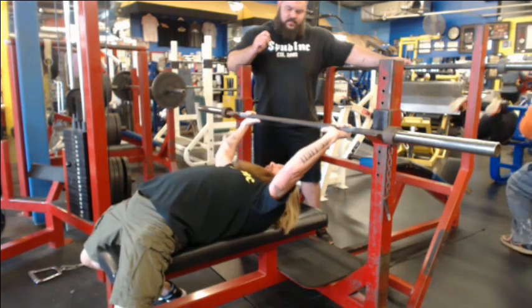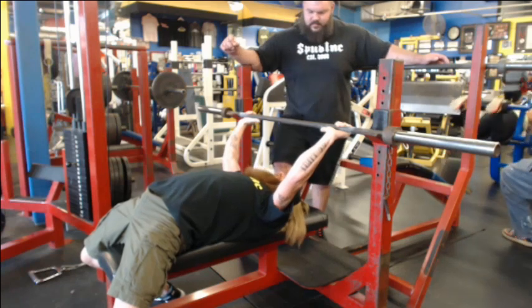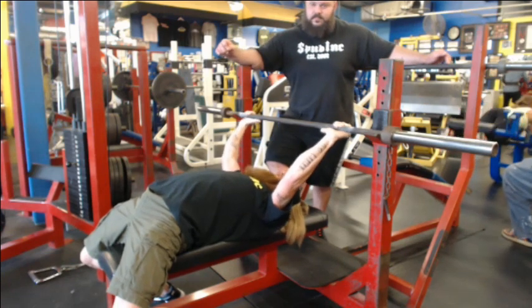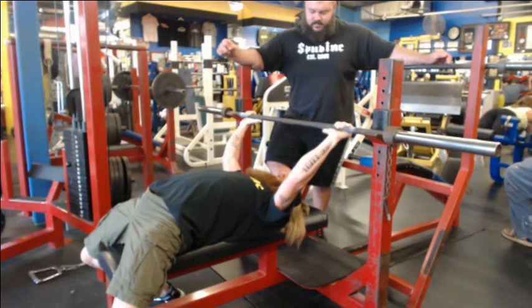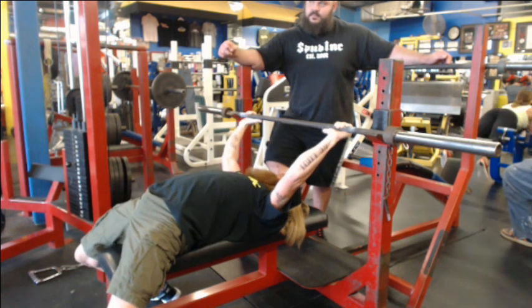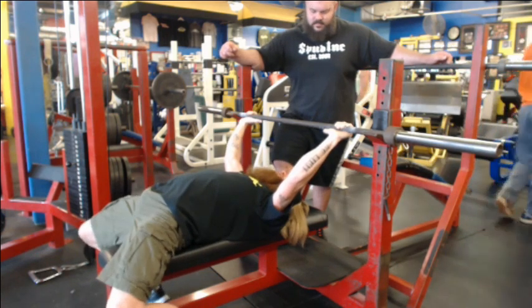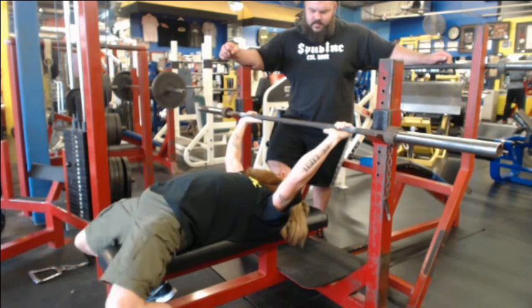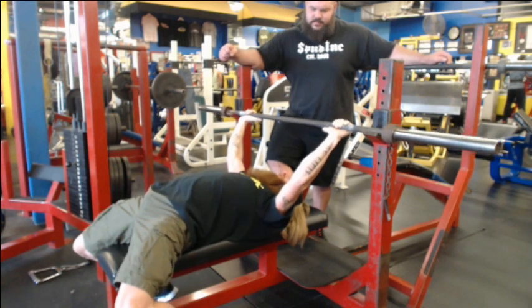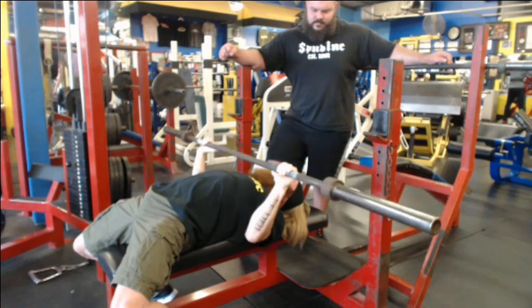Making sure my back's nice and tight, and then I'm going to sit my traps right on top there. Now, how I know if I'm not tight anymore is I will feel my back just fan over that pad. So, scapulas are nice and tight. From here, now I'm going to adjust my feet where I want them while maintaining a nice tight position. And then from here, I can just come up, and you'll notice as soon as I come down,